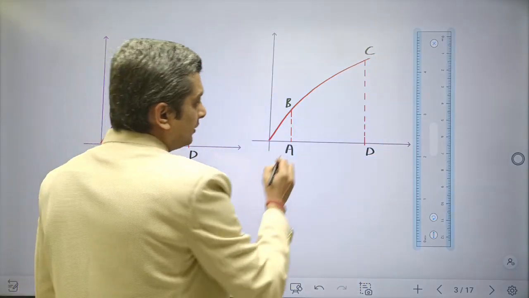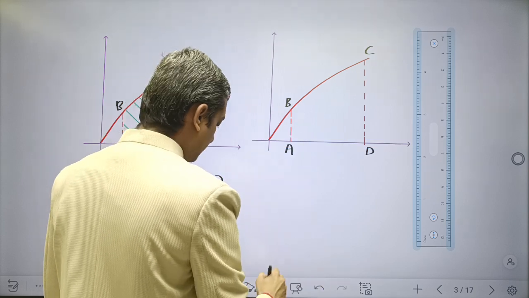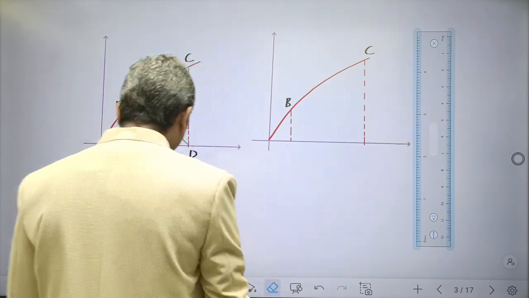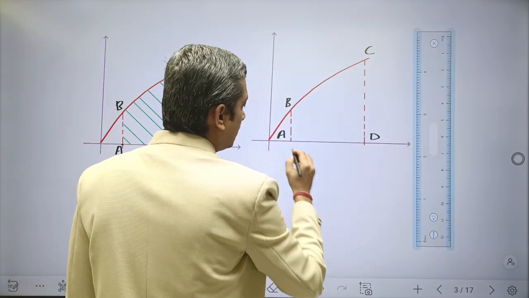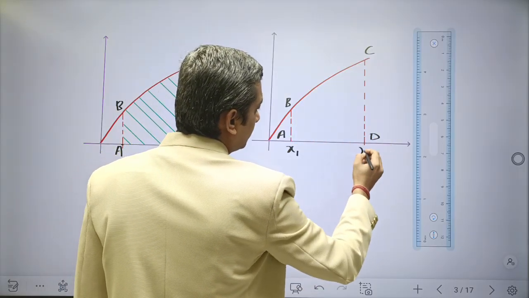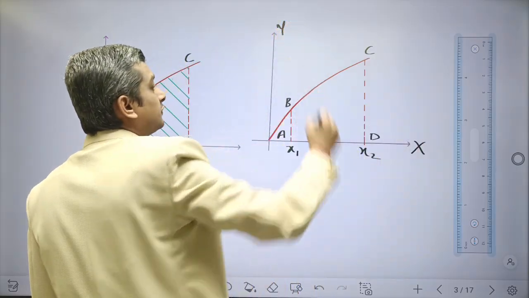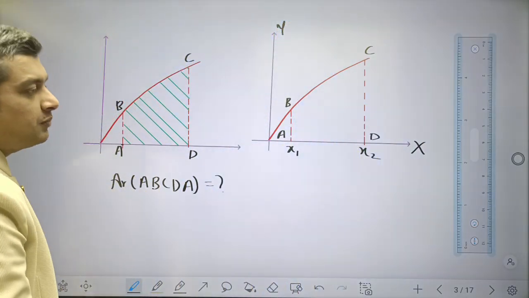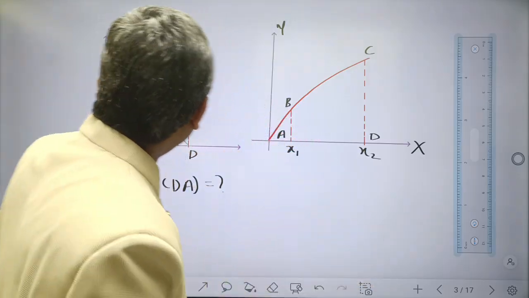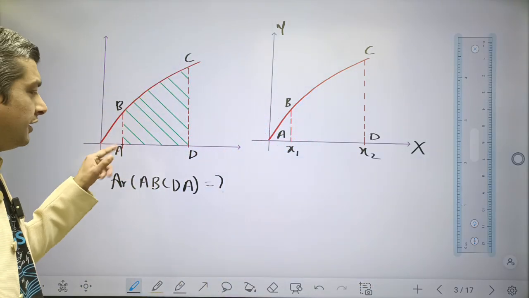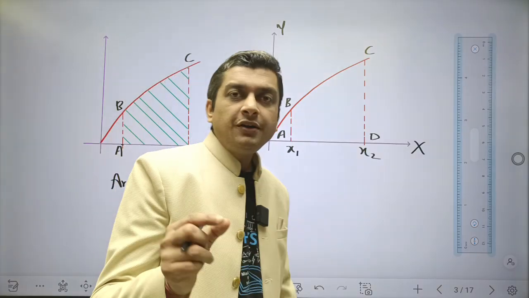Let us suppose at this point the value of x is x1. This point is A, and this point is D, but here the value of x is x1, and here the value of x is x2. This is the x-axis definitely, and this is the y-axis. So step number 1, to find the area A, B, C, D, A, that is the shaded area, first we take an elementary strip